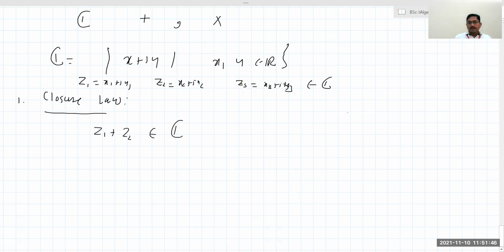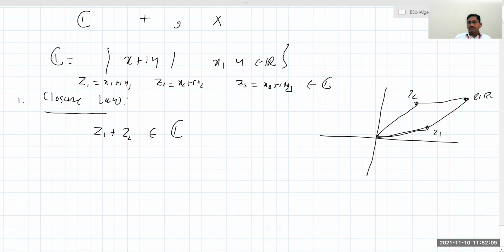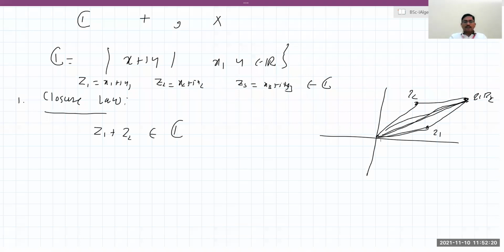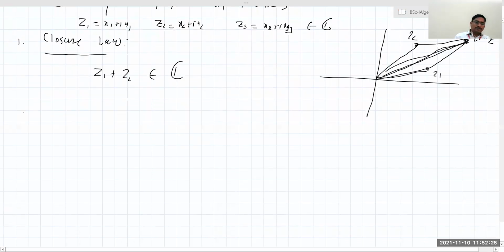Geometrically we can define this too. How can one define the addition of two complex numbers? Suppose this is the Argand diagram. This is the first complex number Z1 and this is the second complex number Z2, and you are treating these as vectors because they have magnitude and direction. Draw lines parallel to each of them. This point is Z1 plus Z2, the representation of addition. Its length is just the distance from the origin. It again lies on the Argand diagram, so the addition of two complex numbers is again a complex number. That is called the closure law of addition.